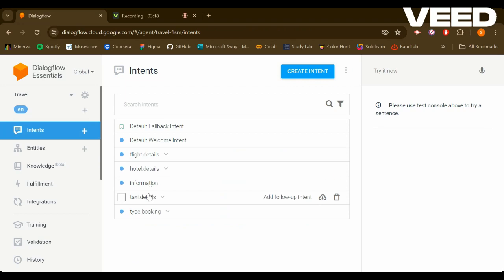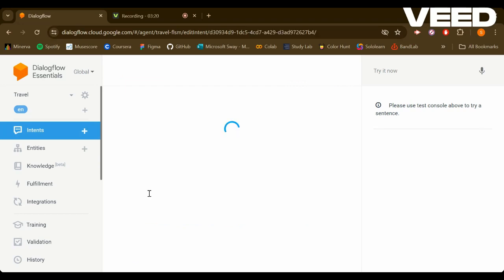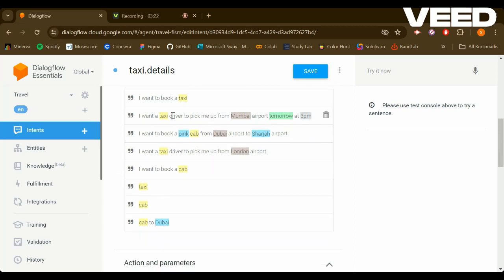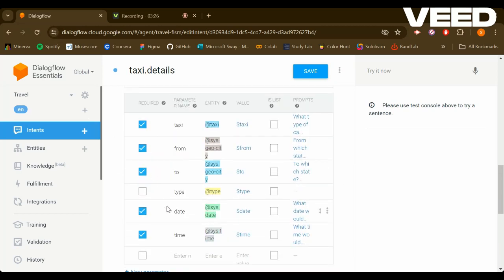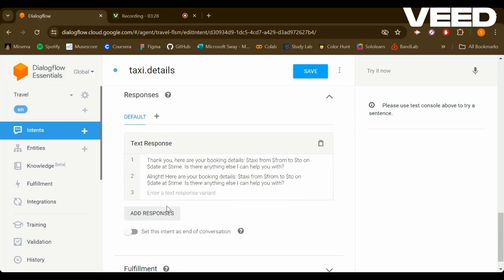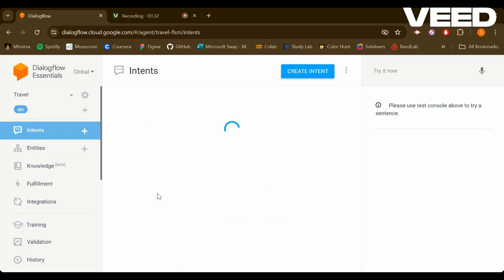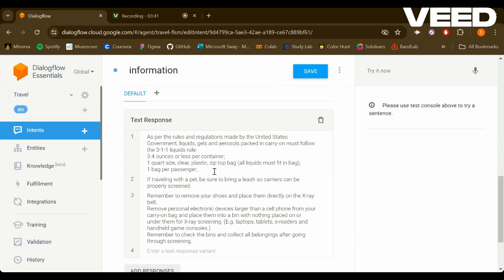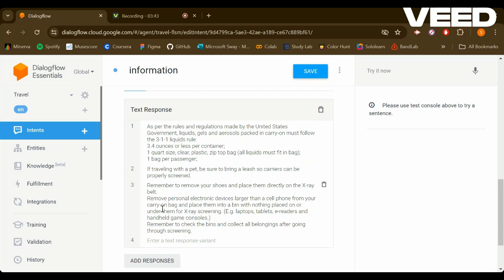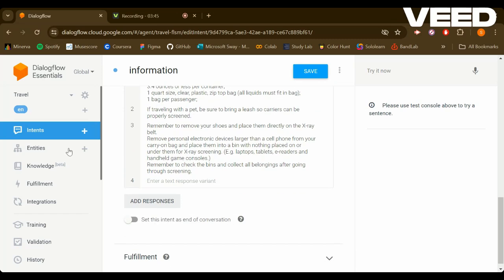Looking at taxi details or cab, again these are the user expressions. These are the following required parameters, and these are the corresponding responses. And looking at information is pretty simple, where the user can ask for airport regulations, and I have put a few airport rules and regulations.